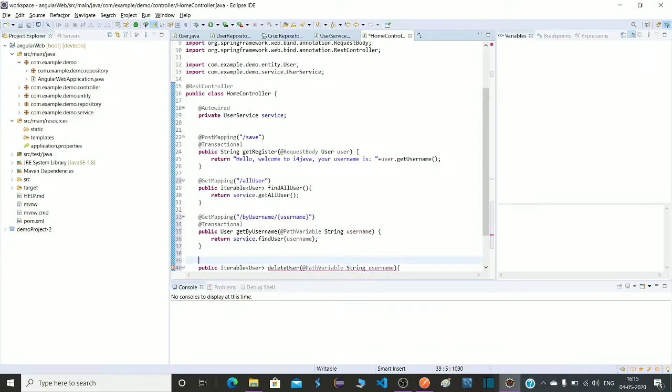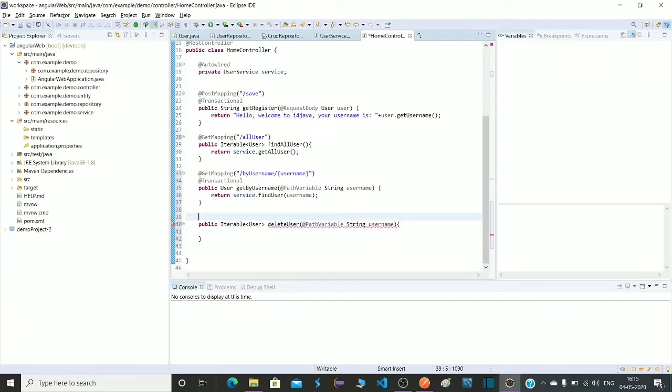Let's mention the URL here, and this will be a get request, because we are taking the name from the URL. The request should come from this path, inside curly braces, username.